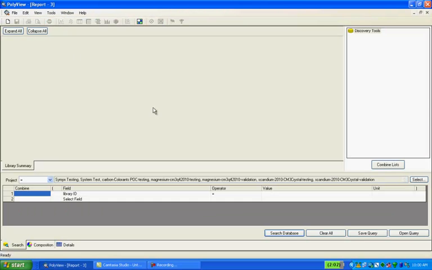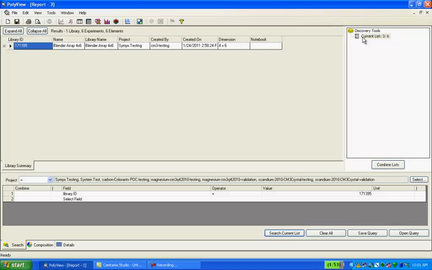Here we will demonstrate how you can create a query and save a query for the data you want to look into in the database. To open PolyView, you go to File, Open, and it will open up the window where at the bottom you can see the query list. I'm going to search for a specific library with the library number, which is very unique to each library that we designed. If I search for this library, it is going to pull out the data specific to this library,